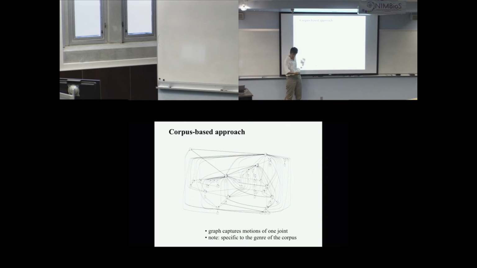So you take a bunch of movement of dance, and then you build a directed graph, where each vertex is maybe from here to here is one vertex in this graph. From here to here is one vertex. And from here to here is another vertex. So you take the movement of a joint and build a graph that says 80% of the time when I saw the elbow here, I saw it there next. But sometimes I saw it there next because it was moving faster, and sometimes I saw it there next. And so you build one of these graphs with probabilities for every joint in the body from your corpus. So you're sucking the patterns out of that.